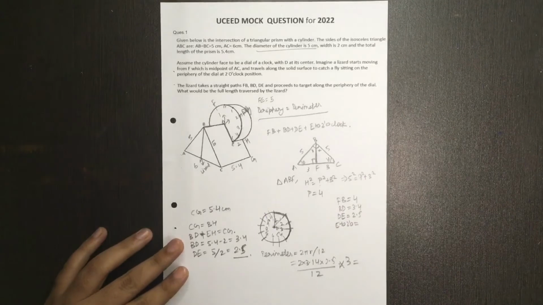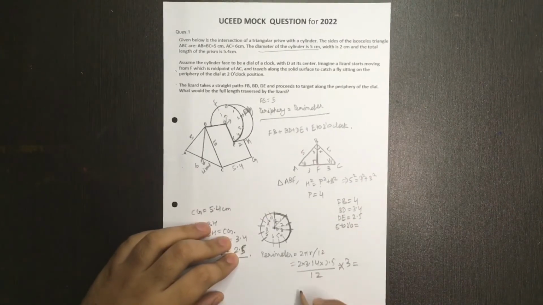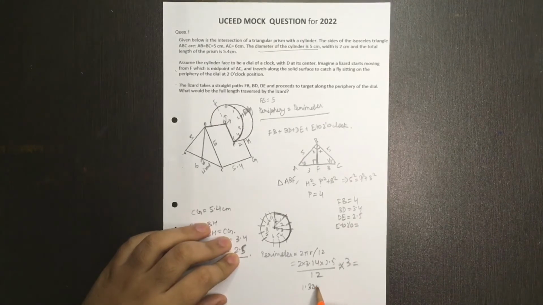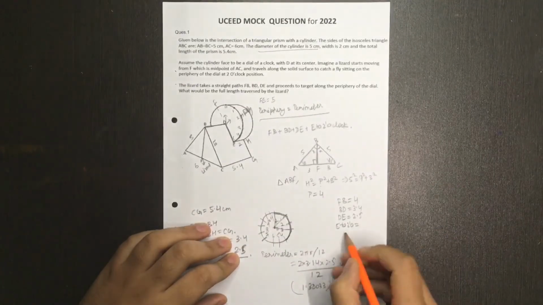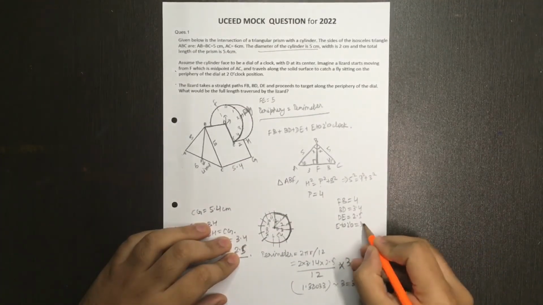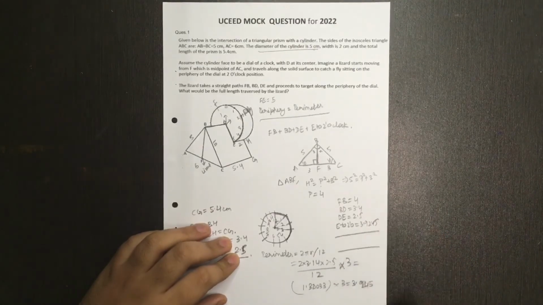That is the length of E to 2 o'clock. When we find it out, this is coming as 1.308333 something, and into 3, the answer will come as 3.9245. So this will be the answer for 3 parts, 5 to 2 o'clock, right? Now E to 2 o'clock length will be 3.9245. Just add all these lengths and you will get the answer for how much distance the lizard will cover.